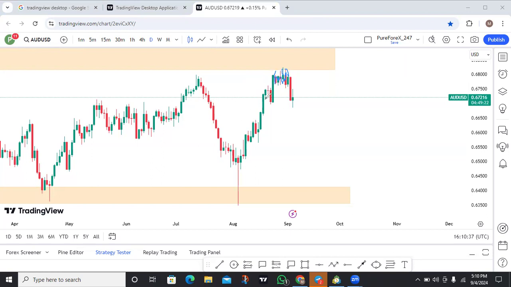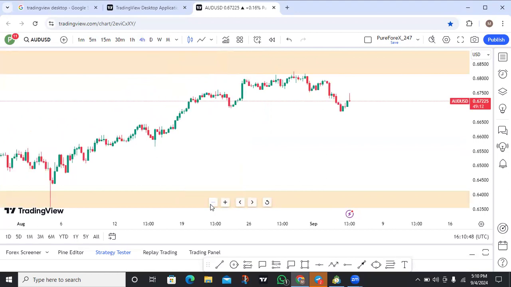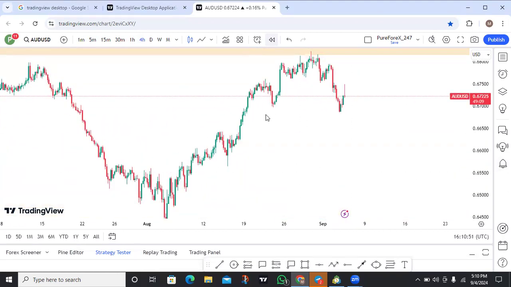Selling pressure causing this little consolidation here. But we can see that clearly on the 4 hours time frame. So on the 4 hours time frame, we can see based on market structure that this market has already breached the Dow theory here. So this is the obvious high, higher high, then lower, right? But when the market touched the resistance area on the weekly time frame, we have a mini